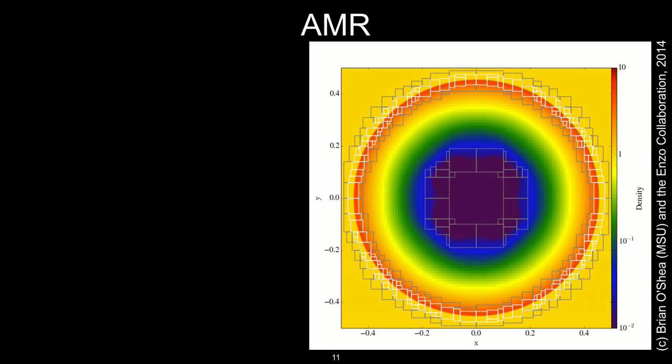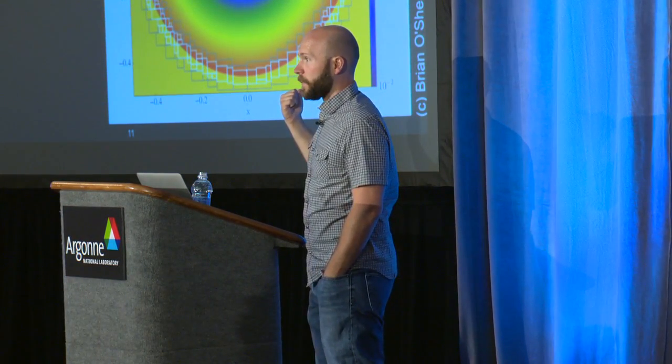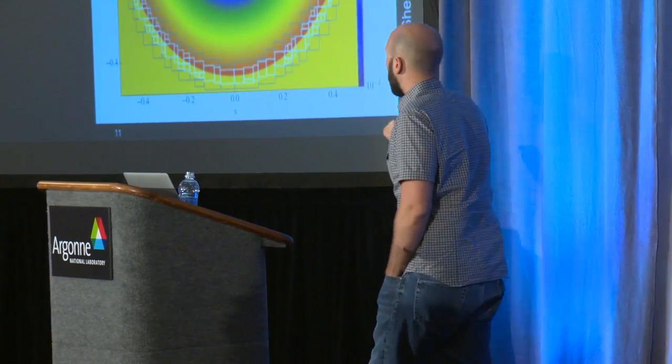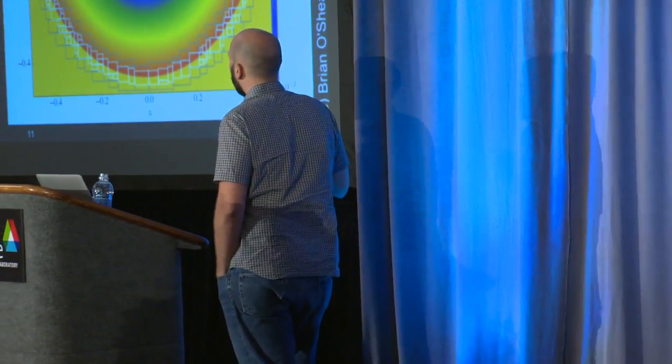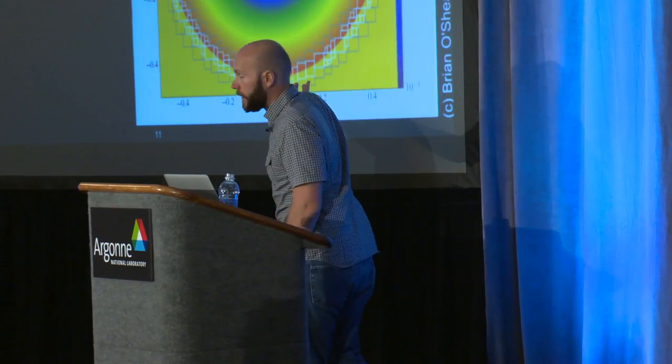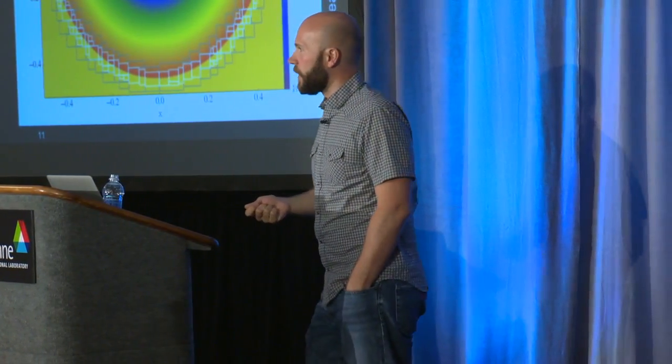This is how we achieve that enormous range in dynamic scales, is that some parts of the domain are more highly refined at higher resolution than others. Getting this to work right on 100,000 cores is not easy, right? It's not something that I would want to tackle myself all alone. Relying on a community that has developed adaptive mesh refinement, for instance, and tested it, deployed it, and debugged it is critical to doing these types of problems.